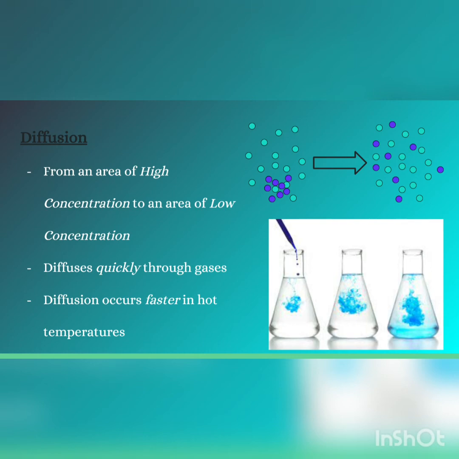Two factors affect diffusion. 1. The type of substance. Substances diffuse more quickly through gases than through liquids. This is because the particles in a gas are more spread out and move faster than the particles in a liquid. 2. Temperature. The hotter the gas or liquid, the faster diffusion happens. This is because the particles have more kinetic energy and move faster at higher temperatures.